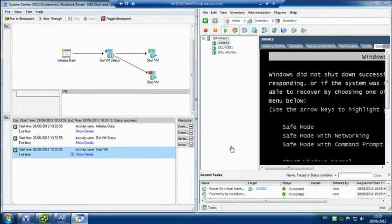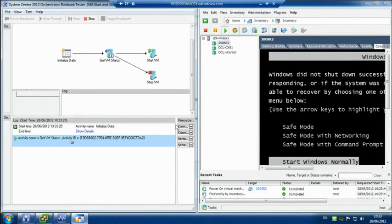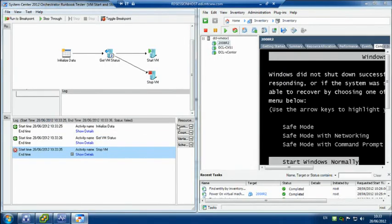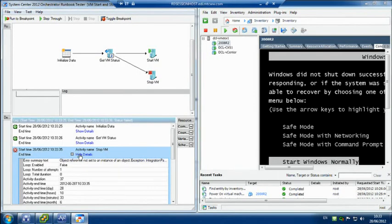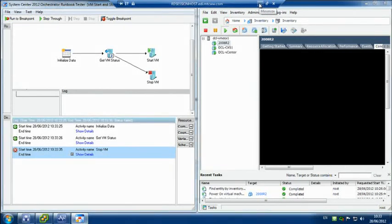And we want to try it the other way around. It didn't shut down properly the previous time, so that's fine. We'll run it again. 2008 R2. OK. Just to check it goes back the other way. Find entity, so it's querying. It's doing that get status. Go. Show details. Oh, no, that bit's wrong. I've botched that bit. But the first bit worked anyway. So there you go. That was a very, very quick workflow. I'm not going to investigate that, but...